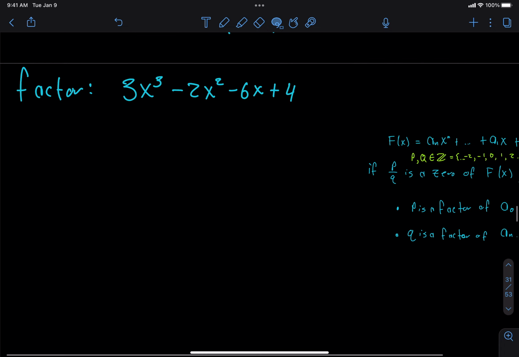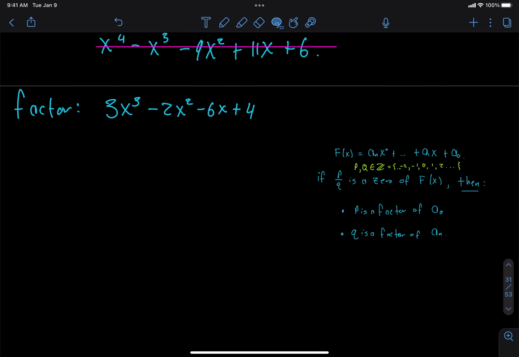And as you can see, it's a cubic function, which we can't just use factoring as we would ordinarily with a quadratic, right? We can't use grouping. Maybe there's a way to group it, but generally our recourse with cubic polynomials is to try to guess a factor,